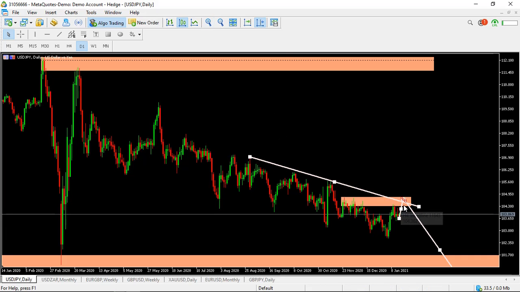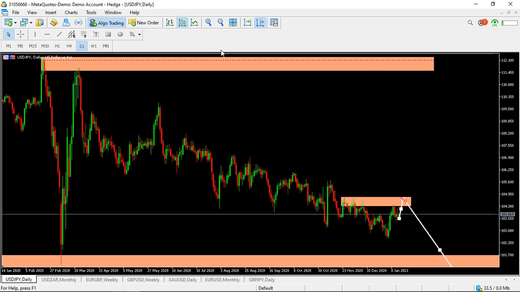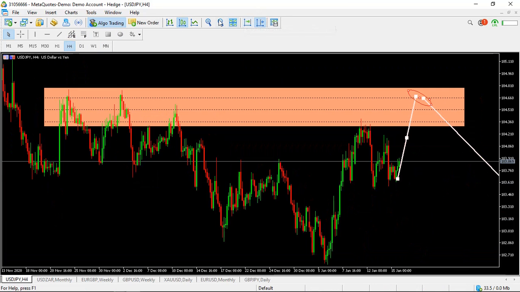Okay, and EA respects a trend line, but we are not trend line traders. So going forward Monday, you wait for the market to